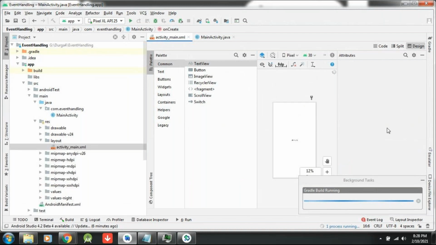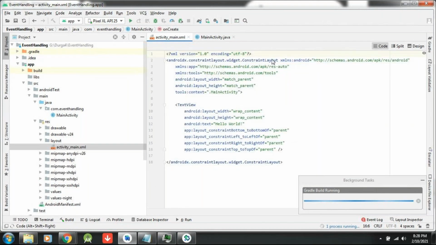So, come to the code part over here. First, as usual, I have taken a number of view groups for us. So here so many view groups are there. The first view group was written as constraint layout, but as I told you, I would like to discuss linear layout first. So today I am taking a linear layout.